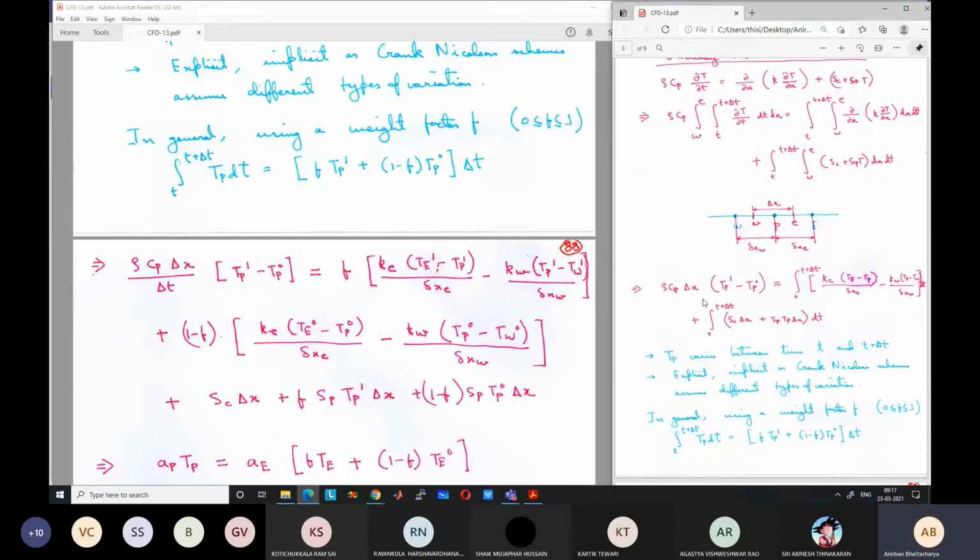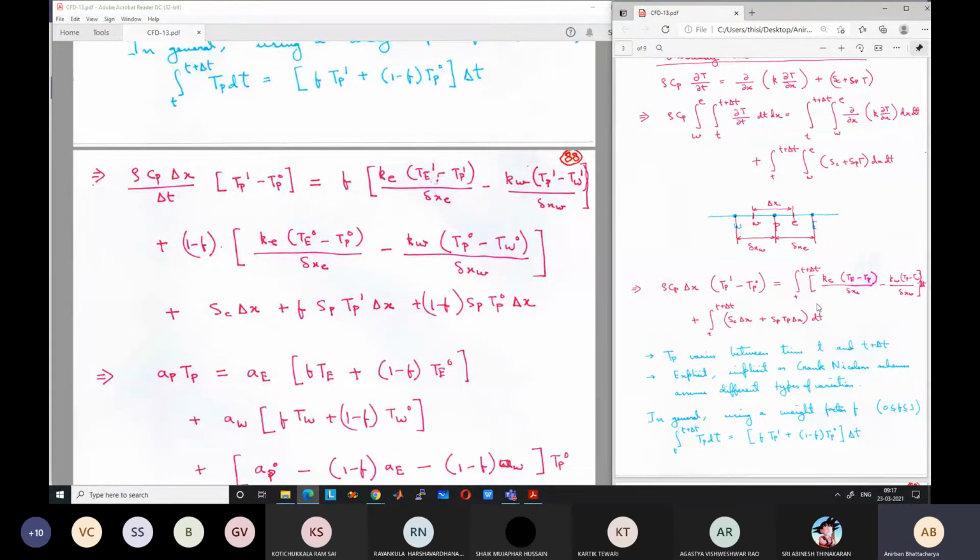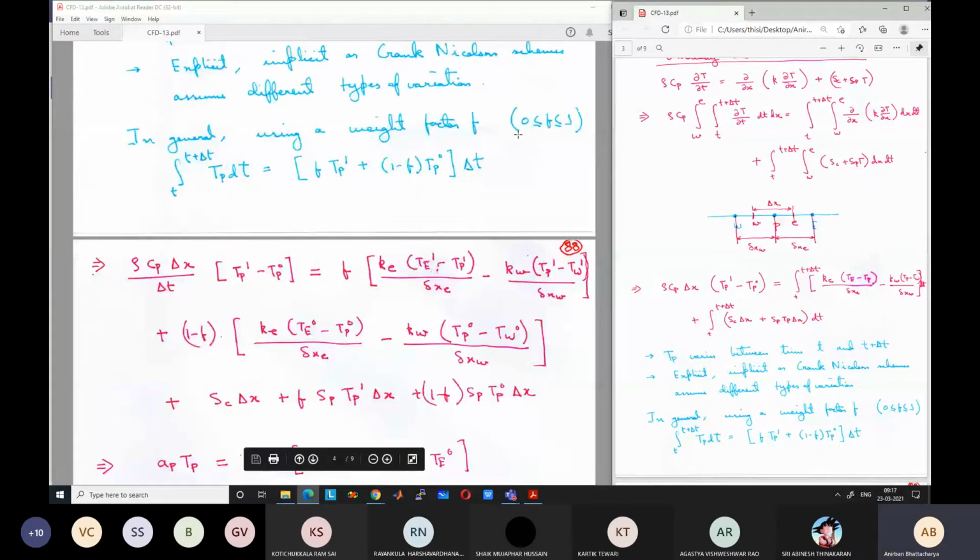So the first term is rho Cp delta x. This delta t from the other side we have brought to the left side. So rho Cp delta x by delta t, since delta t was on the other side and we have brought it to the left side, times Tp1 minus Tp0. So this is the same term; the only thing is that the delta t has been brought from the other side. Equal to,